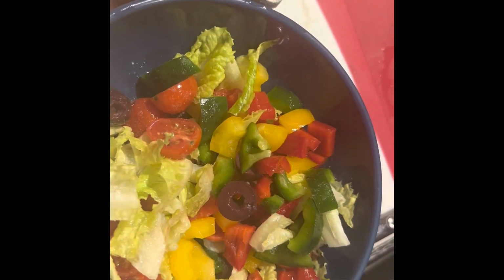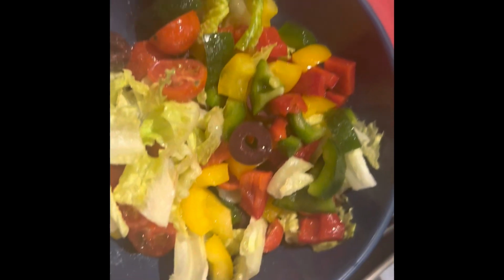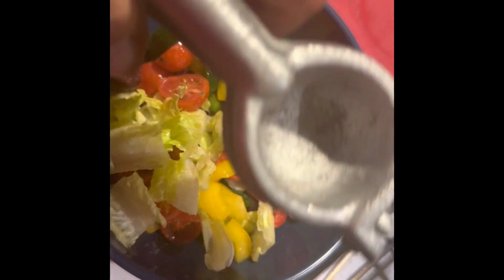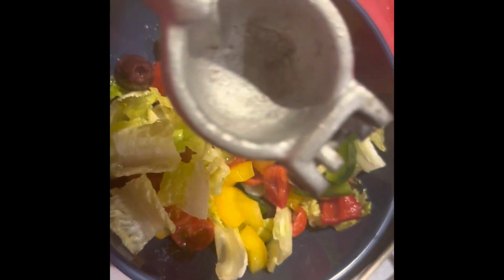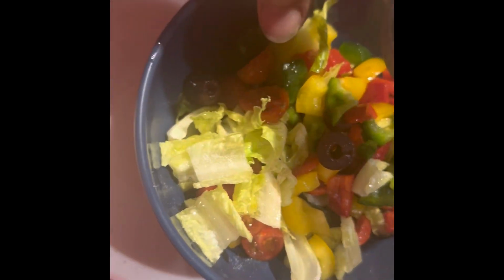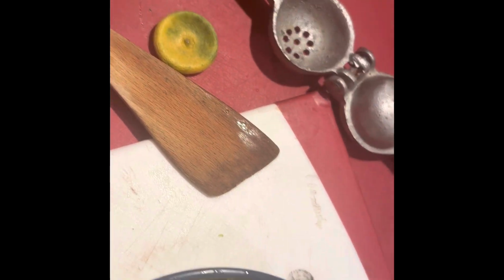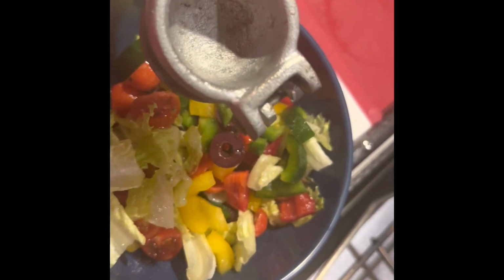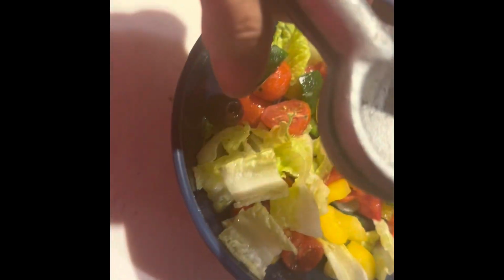I love these Mexican squeezers. They make it so easy and so effective to squeeze the lime juice over the salad. There's olive oil already in there with some salt, so we're doing a kind of Greek style salad dressing. Okay, here's the other half of the lime, just being squeezed out. And actually in the background I've got the